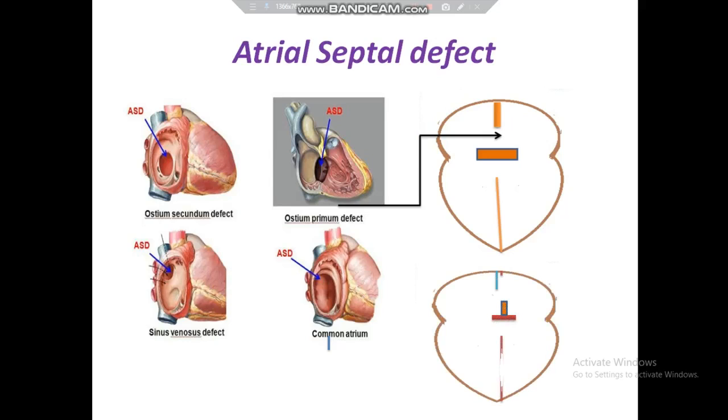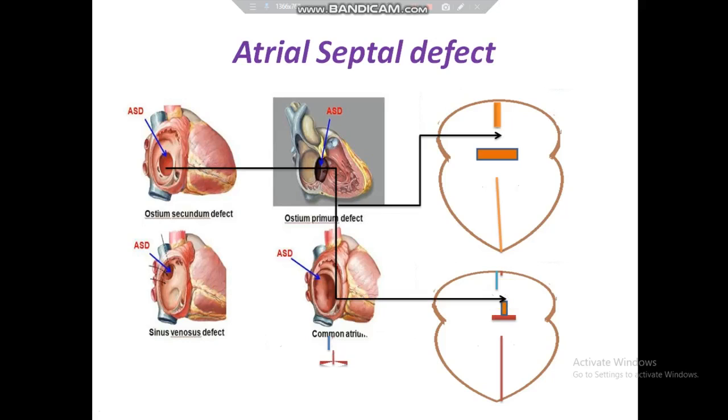Now in this case we have the septum secundum. The septum primum has fused with the septum intermedium. So there is a foramen between the septum secundum and septum primum. At this stage the septum secundum has not overlapped the septum primum. So this foramen will be called ostium secundum. Now if this septum secundum fails to grow downwards, this defect will be there. This defect is then called ostium secundum defect.